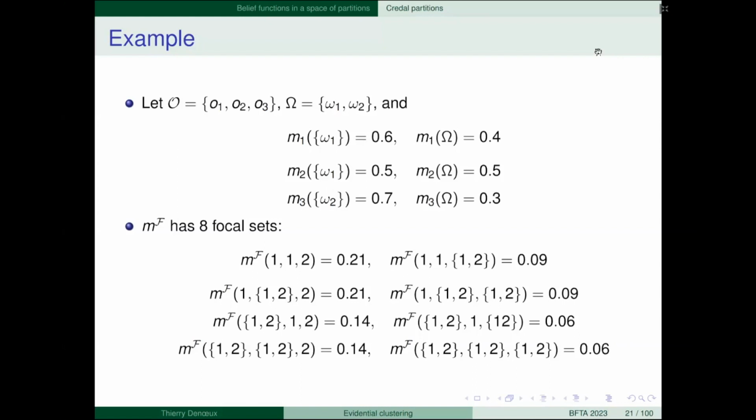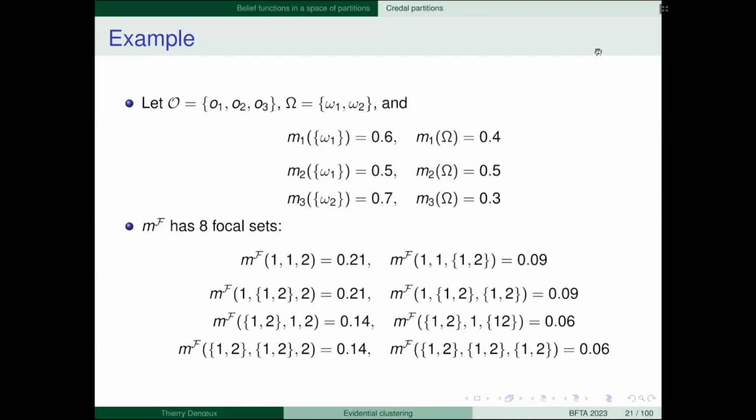If you intersect the set of labeling functions such that object 1 is assigned to cluster 1 with the set of labeling functions such that object 2 is assigned to cluster 1, and the set such that object 3 is assigned to cluster 2, you have only one labeling function, which is this one. And so the mass here is the product of these three numbers.